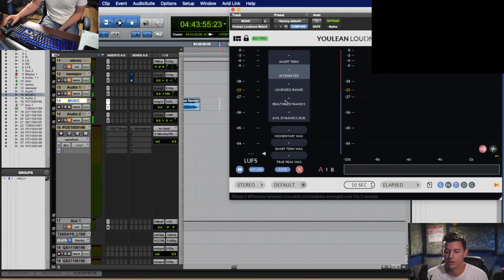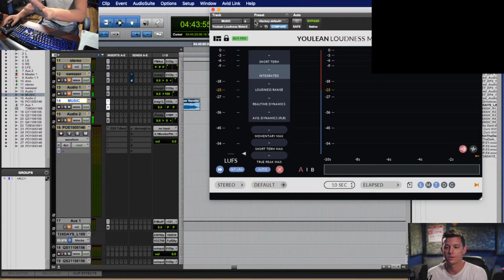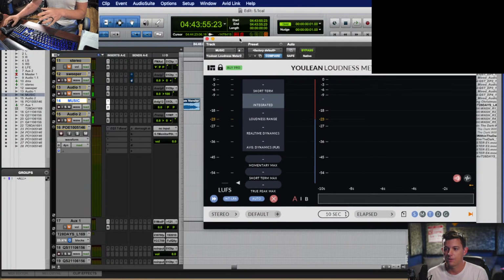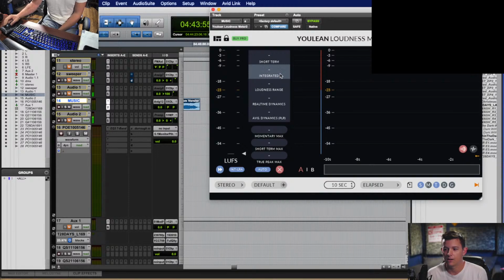The goal with your room calibration is whatever format you're delivering, whether it's TV or film or music, you want to have it to where you're not really having to rely on meters, you're just relying on your ears. So if you've worked for a couple hours on a sequence or a show at your calibrated level, and you bring this up and the integrated level is -24 and that's your delivery spec, you're gold. Your room is calibrated and you can just never touch that volume again unless you're watching a YouTube video or something that's super loud. If you find that you've worked for a couple hours and this integrated level is low,